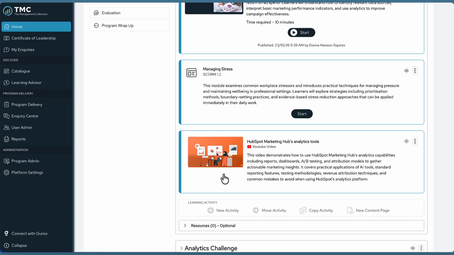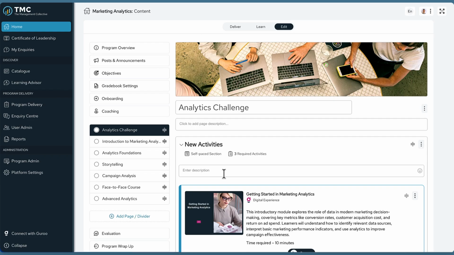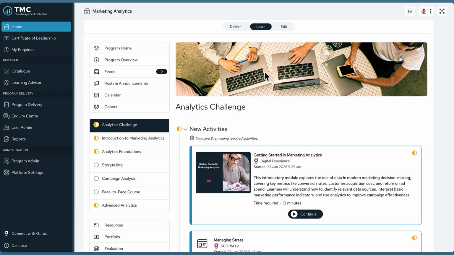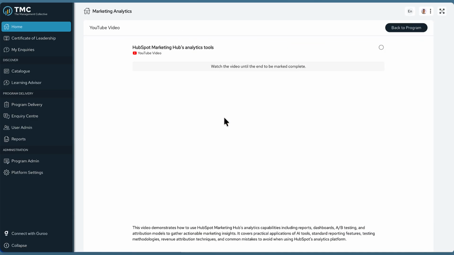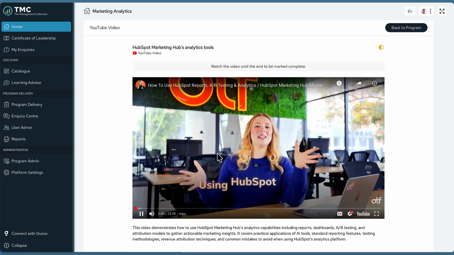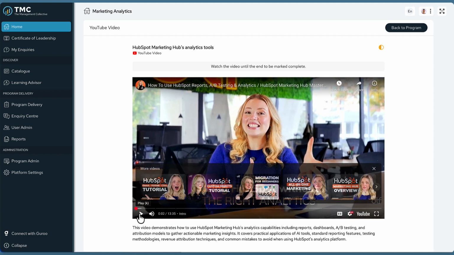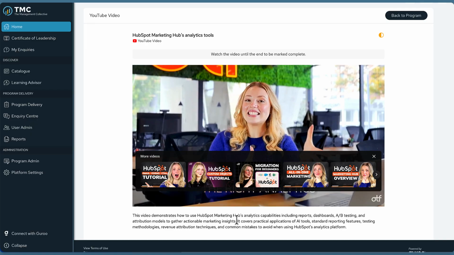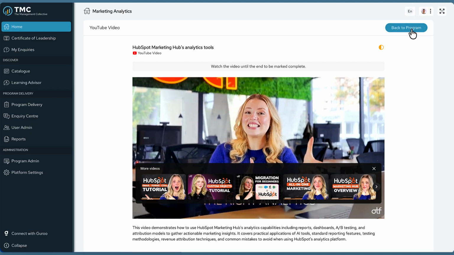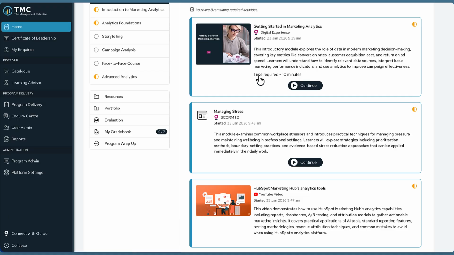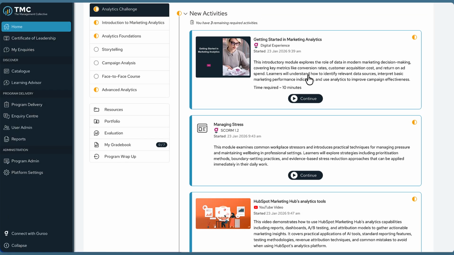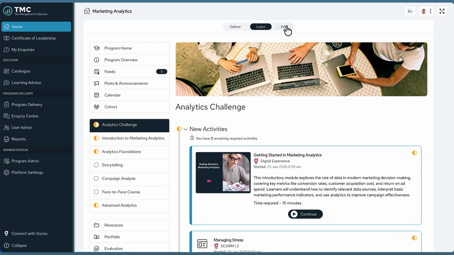That's how a video appears from the learner point of view. It shows like this with the description, and when I click on the play button, it will open in the window, including the description below. Kind of like with the SCORM packages and e-learning modules, you may also want to include how long the video goes for, just so the learner knows what to expect. Heading back to Edit View,